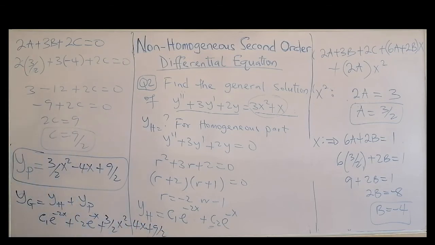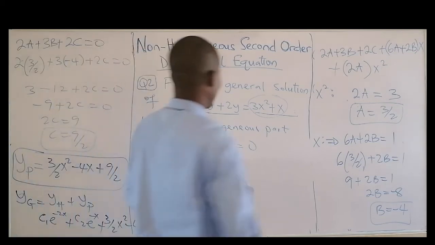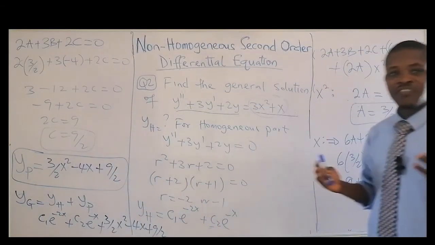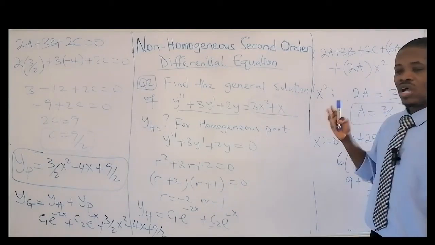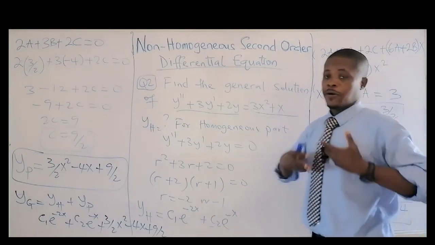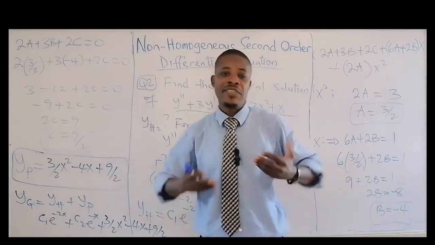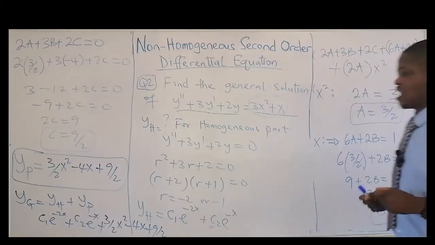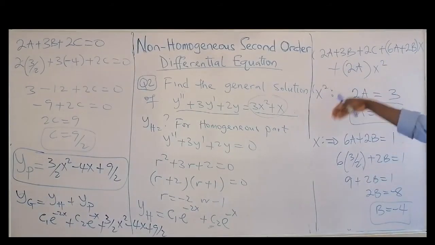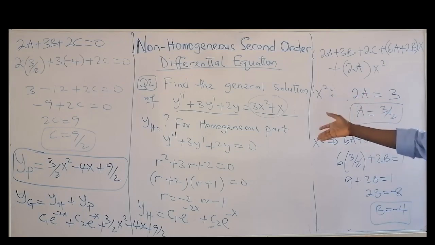So that's that on this equation, and this conforms to the first rule I mentioned: when your f of x is a polynomial or is quadratic in form, then your yp will be of that form also. Please check that, one of the first rules of undetermined coefficients, and that's what we have used for this question.